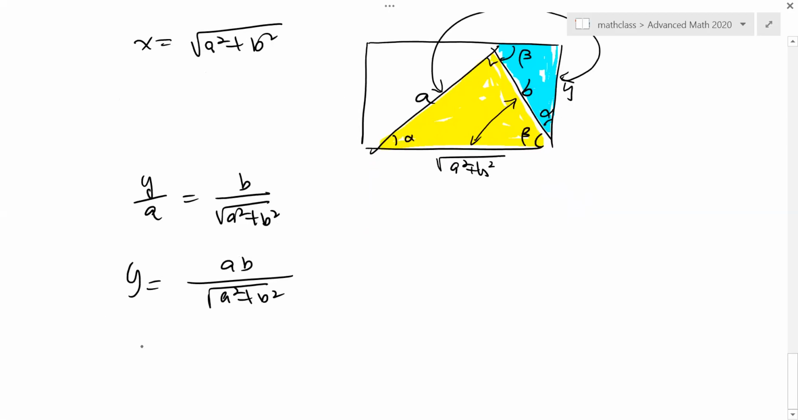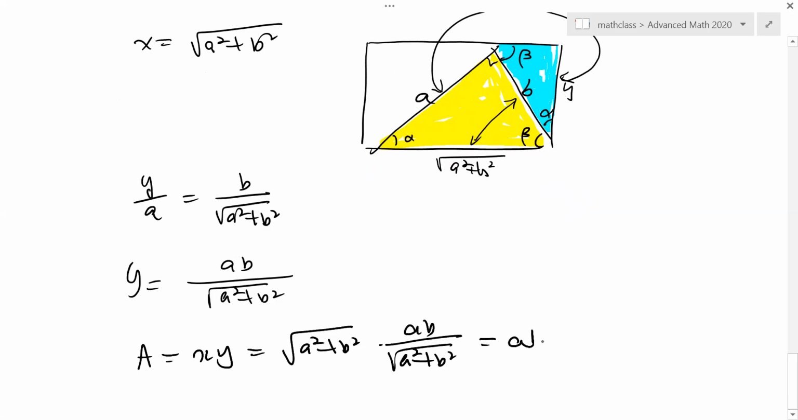That's interesting. So A is going to be x times y. x is the square root of A square plus B square, and here's AB. And that's equal to A times B. Okay? Now,